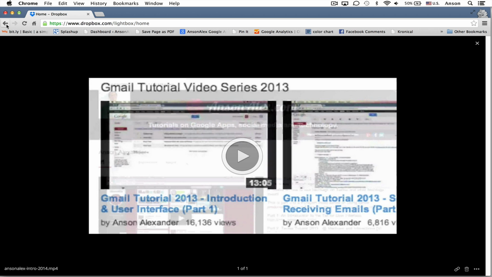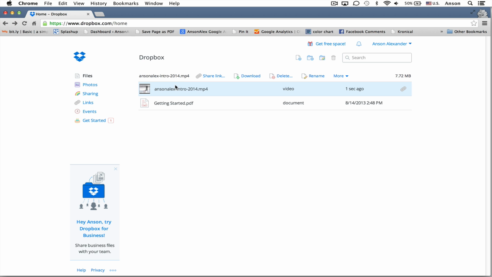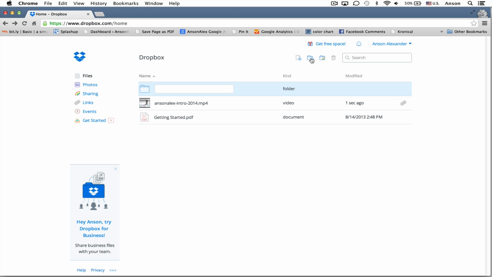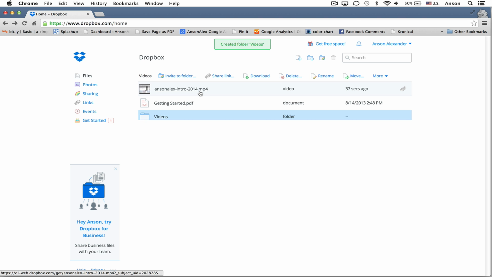I'm not going to do that right now, but it's a pretty cool feature. I'm going to go back. Now let's go ahead and quickly create a folder, because I'm going to put this file into a folder. I'm just going to go up here to the New Folder button, and I can call this folder whatever I want to call it. I'll call it Videos, and you'll see that it's creating the folder, and I now have this Videos folder here